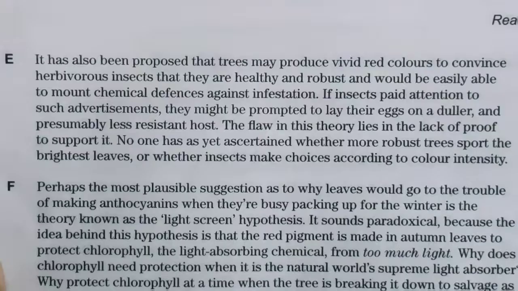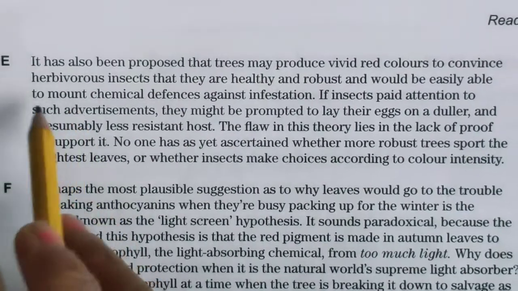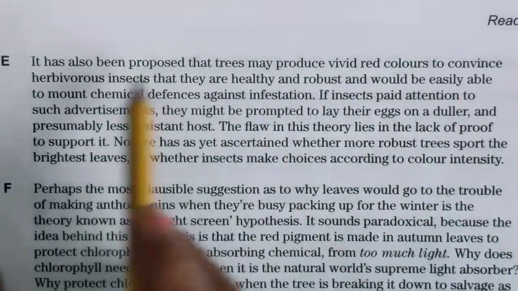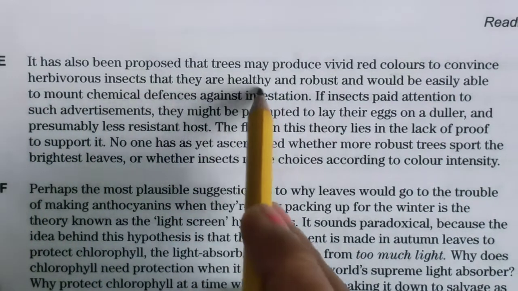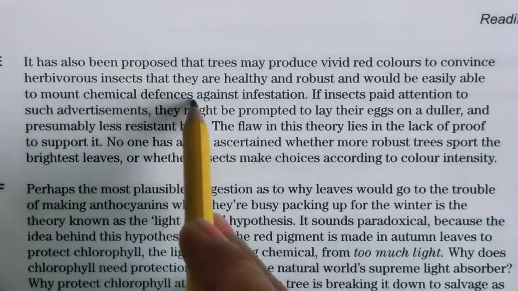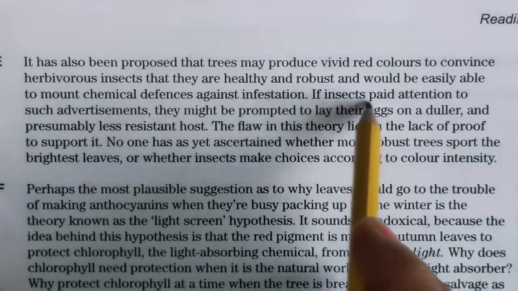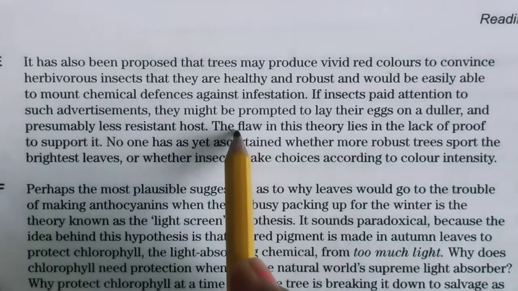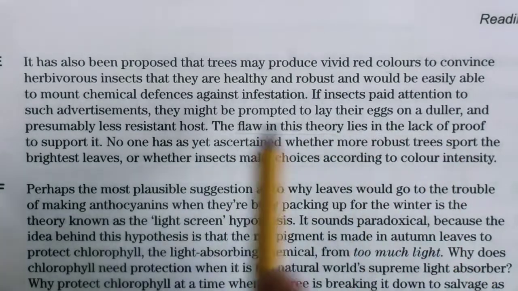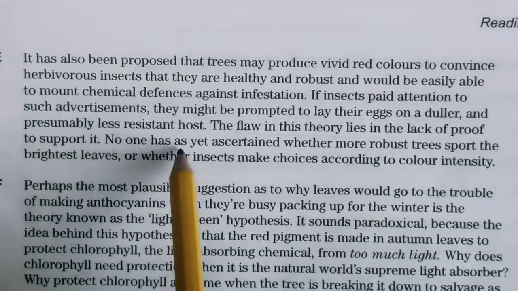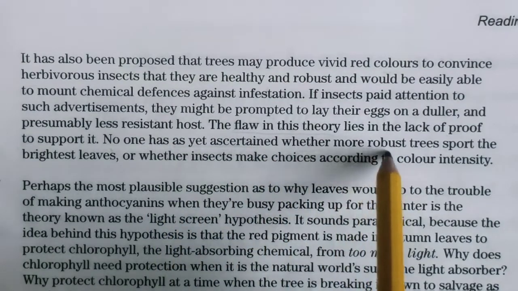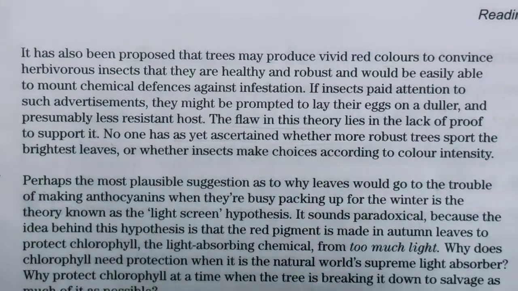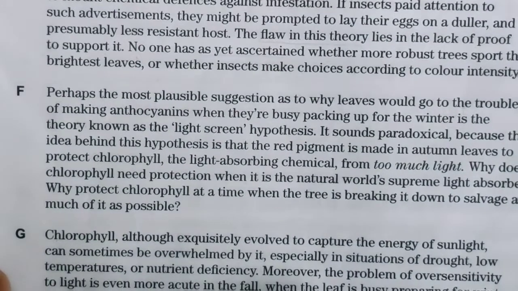Okay. Now what the E paragraph is saying: it has also been proposed that trees may reduce vivid red colors to convince herbivores, insects, that they are healthy, to mount chemical defenses. If insects paid attention to it, they might be prompted to lay there. The flaw in this theory lies in the lack of proof to support. No one has yet ascertained whether more robust trees support. Okay, I don't think so. This is also an answer. So let's read